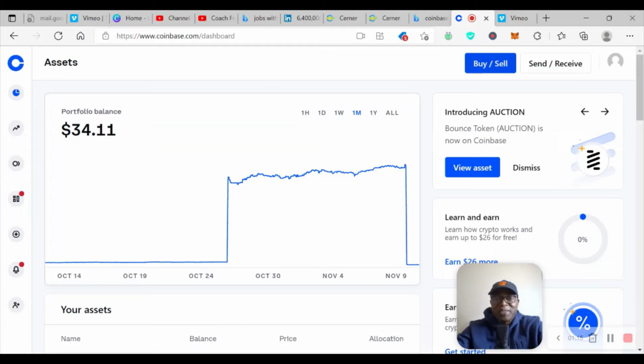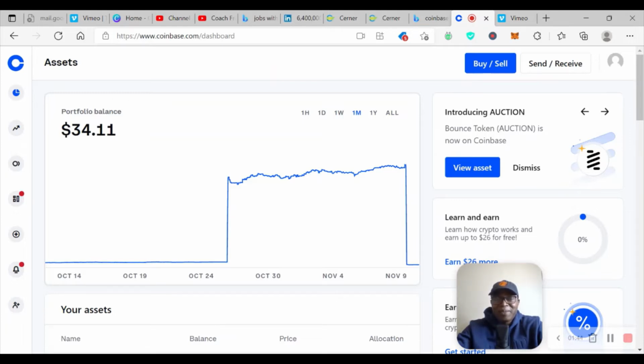So with that being said, let me jump onto my screen so I can show you how to send crypto to a friend or a family member. If you log into your Coinbase account, we should see this homepage in front of you. On the left side, where you see portfolio balance, this should display some amount if your account is set up right.